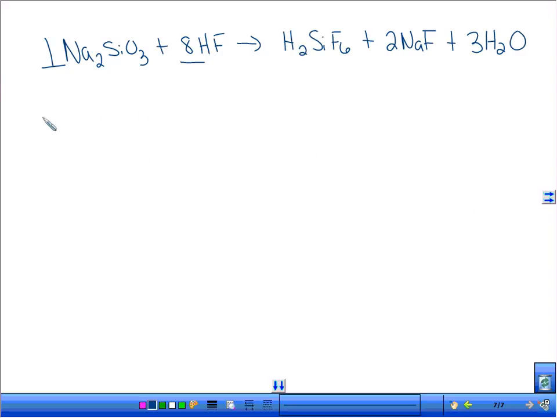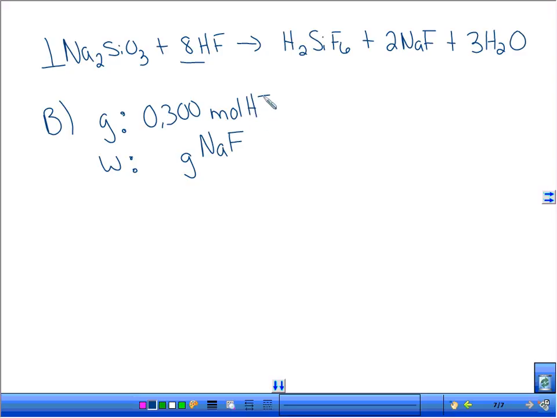Letter B says, how many grams? So we're going to identify our given and our wanted. And we are looking for grams. How many grams of sodium fluoride? Sodium fluoride's NaF. When you react 0.300 moles of hydrofluoric acid, HF. So this is where my given information, that's the number, and then your wanted is what you're looking for. So you're going to begin with 0.300 moles of HF